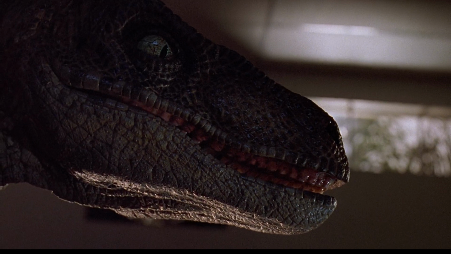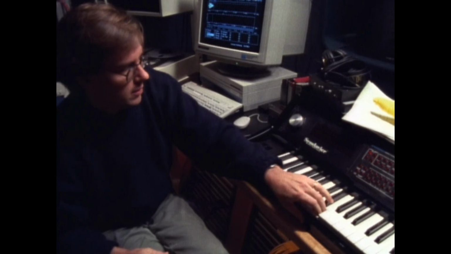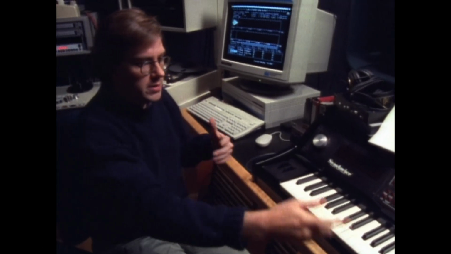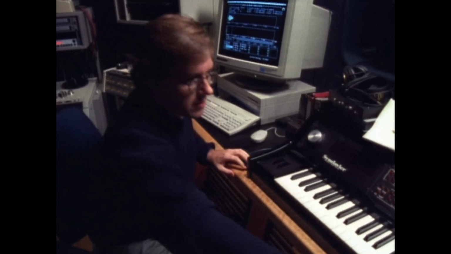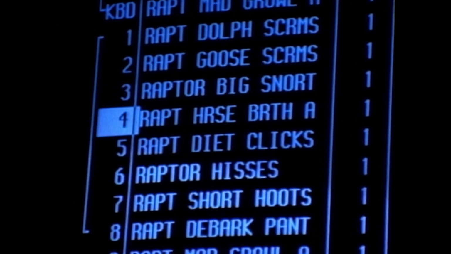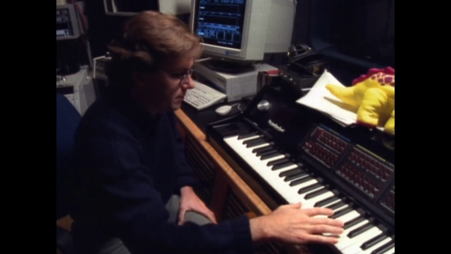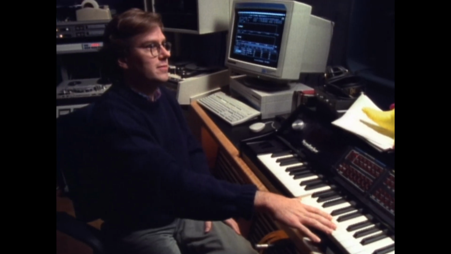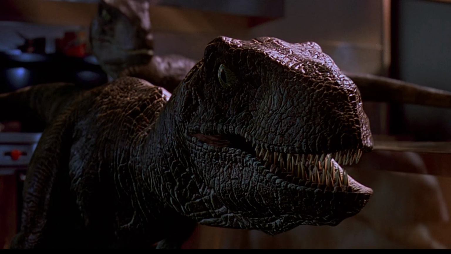But the raptor was one of the more fun creatures to do because he's such a bad guy. And like the baby elephant part of the T-Rex, the key sound for the raptor turned out to be a dolphin. And these are different dolphins up the keyboard. And by adding those to something low frequency, so we use walruses mostly. Use the walrus for the low frequency and the boy dolphin for the high frequency,